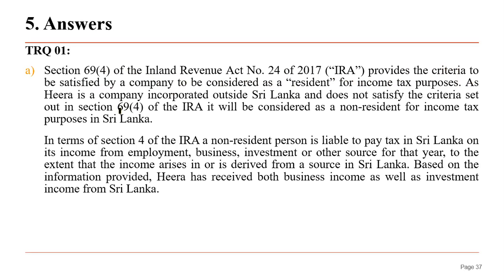You can say that as Hera is a company incorporated outside Sri Lanka, in India, it does not satisfy the criteria set out in section 69 of the IRA. You just say set out in the IRA, and it will be considered a non-resident for income tax purposes